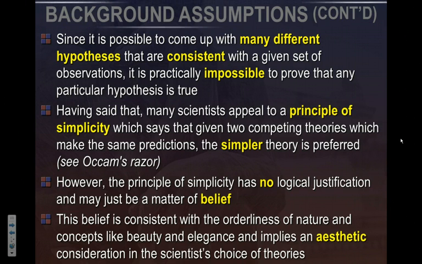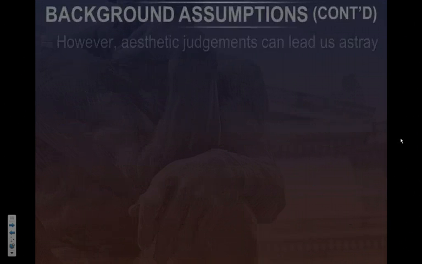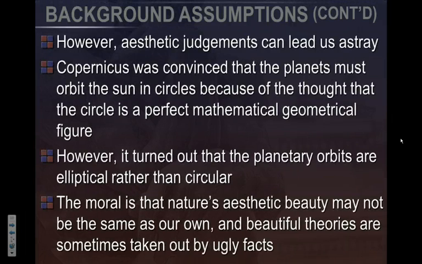Yes? When you say that's a beautiful equation, are you referring to what it looks like, or are you referring to the math, or how it works out perfectly? You're right. So it could be this one. It could be the simplicity factor there. And those things tend to overlap as well, right? So we're using words and they could have different contexts. But what I'm saying in this whole thing is that that could affect a choice you make in the natural sciences. We don't tend to think that way. We tend to think that natural sciences has kind of eliminated all that stuff. But there's still some, certainly less, but there is some amount of that, okay?